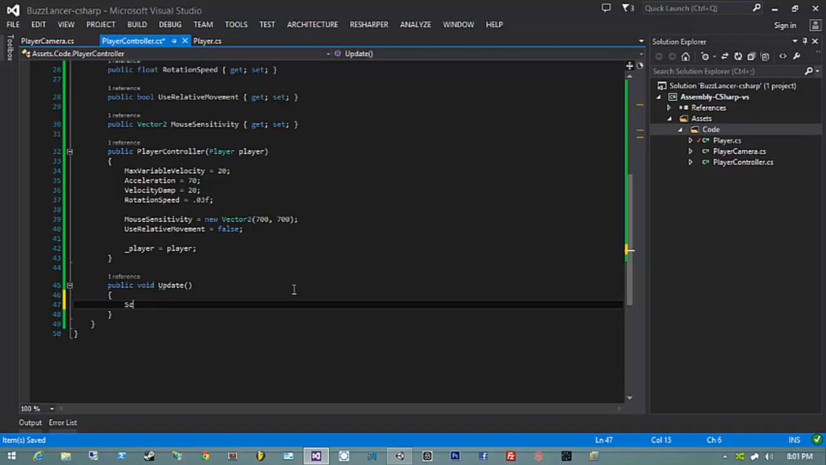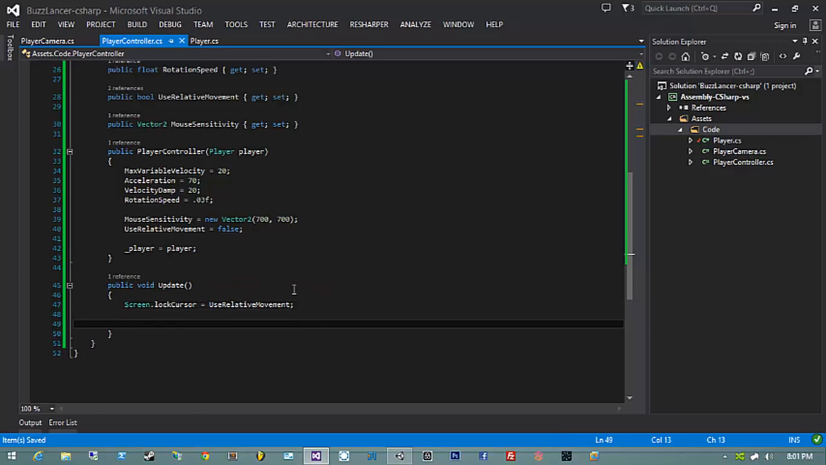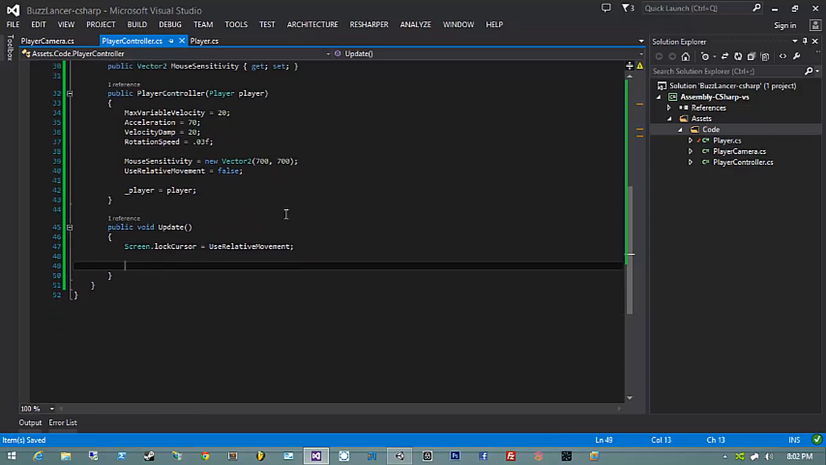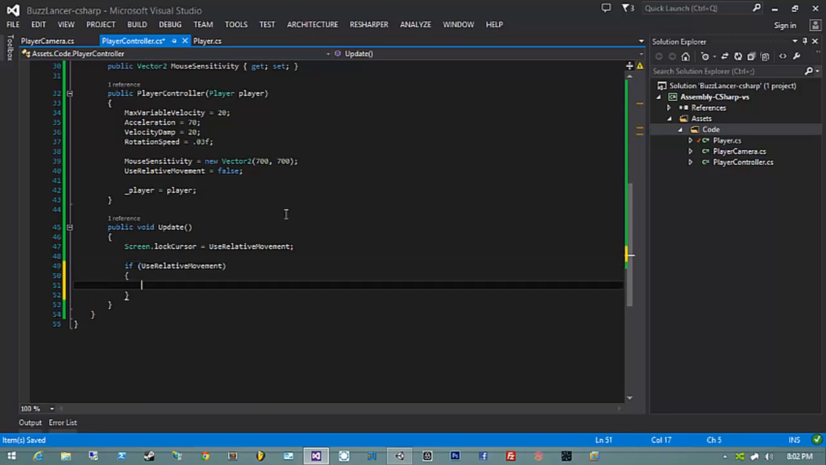So what I'm going to say is Screen.lockCursor equals use relative movement. Now this will come into play. You'll see an example of why I did this very shortly here. Next up, I need to say if use relative movement, then we modify our mouse position based off the relative axes that were changed during the last update call. What do I mean by that? Well, I simply mean mouse position